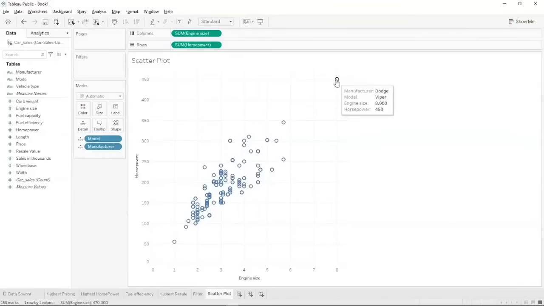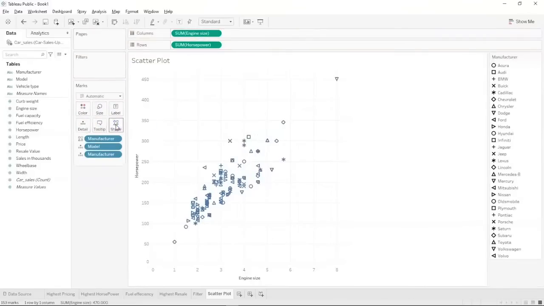And if you select the manufacturer into shape, then we can actually have different shapes for different manufacturers. So you have the shape option over here. You can see that we have various shapes for various makers. For example, we have the plus symbol for